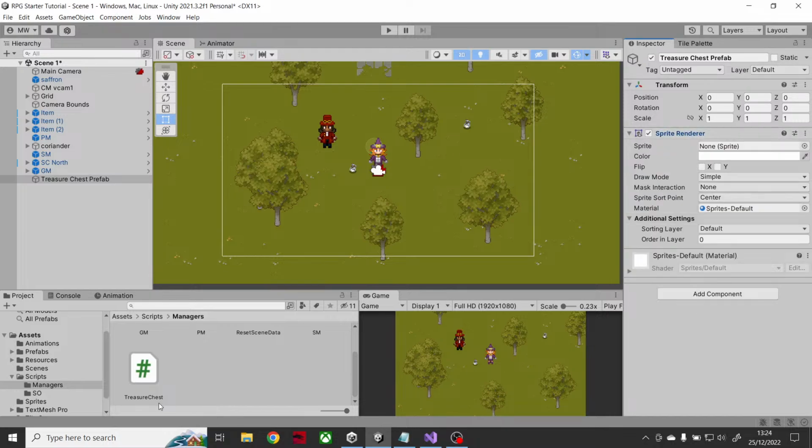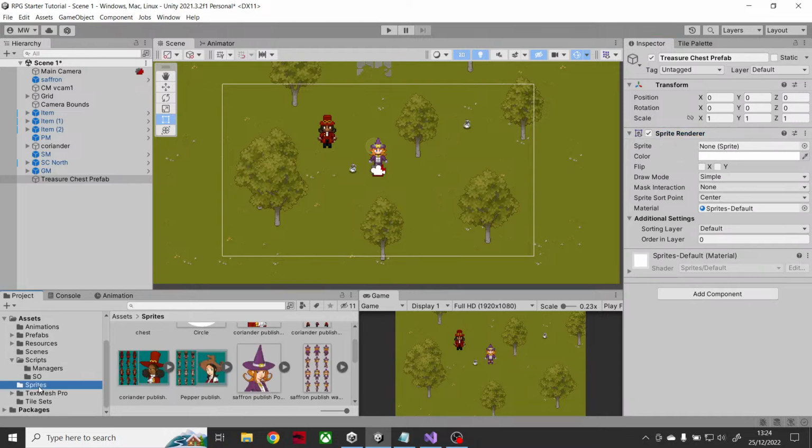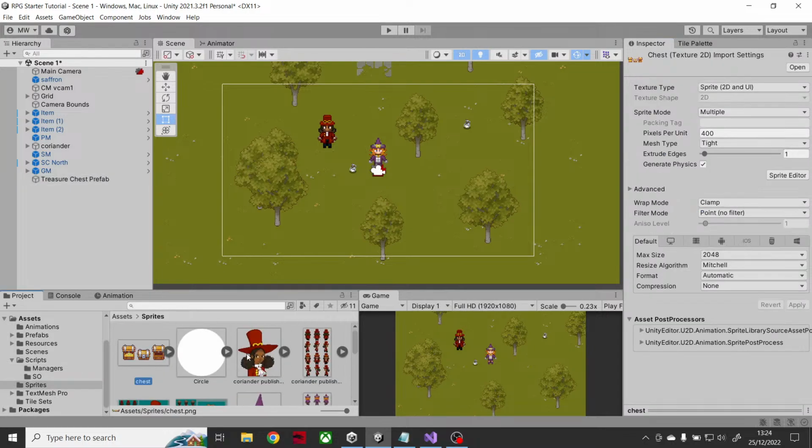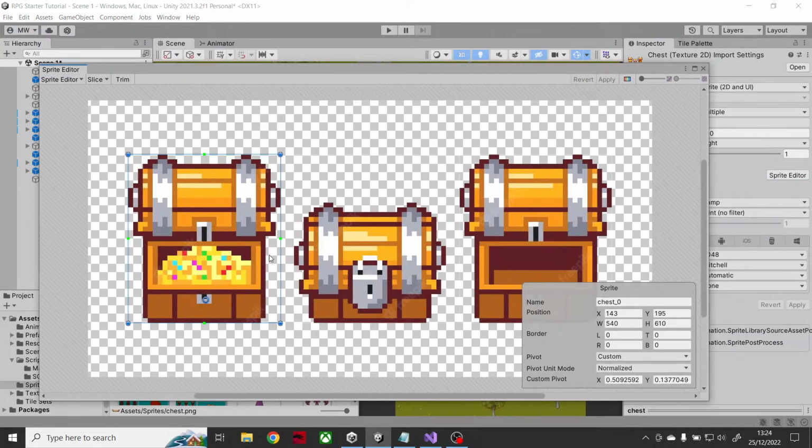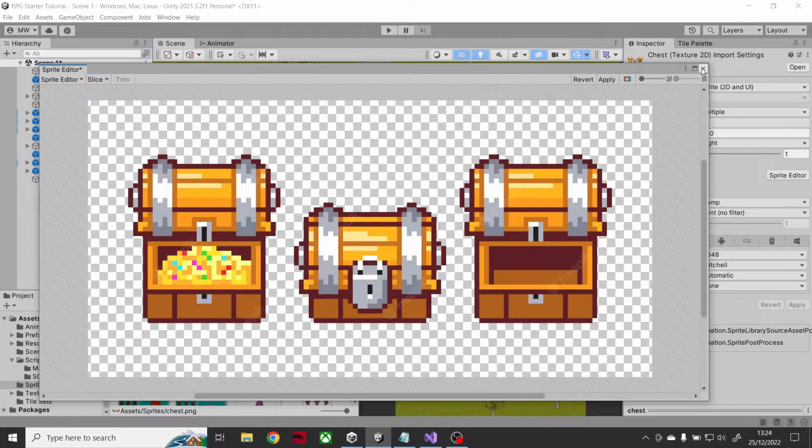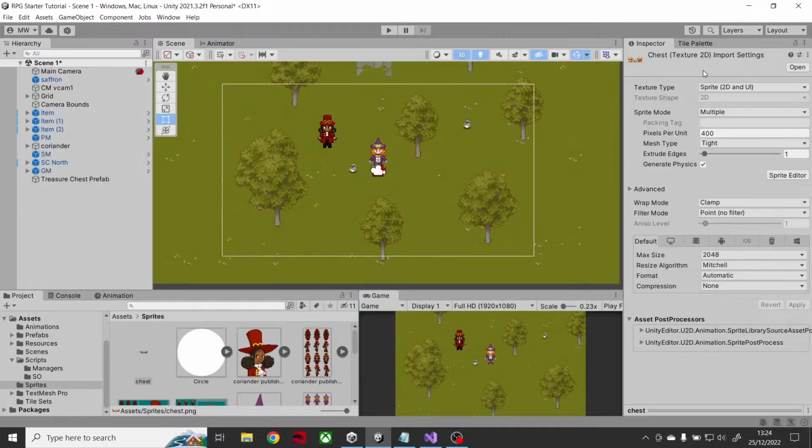Okay, I already have a sprite that I've prepared. So this sprite here, you want to make sure that on a sprite like this, I'll start it over again just so you can see what needs to be done on it. So the first thing we need to do is make sure that it is set to multiple. It's a pixel art as well, so point no filter and compression none. And it's a very large image, so I went with 400 pixels per unit because each of these